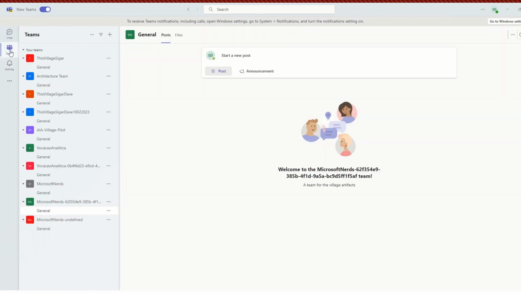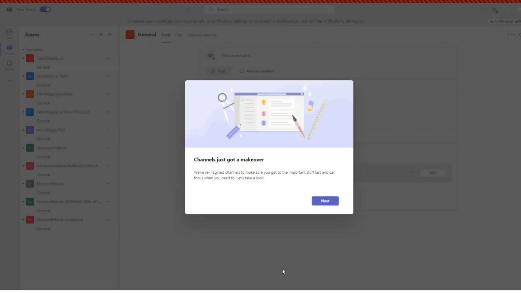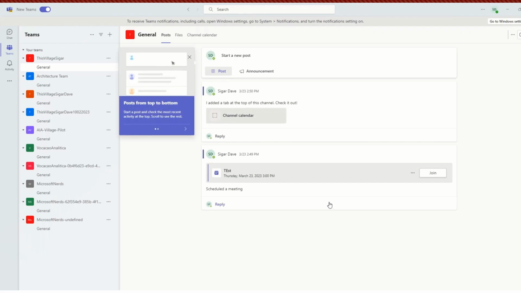The other things is just like that. If I go and check in teams, it will have this much of my teams. If I go and click on general, this is my post, and this is a new pop-up. When I click on the general channel, I get this one for the new user experience. So it says like channels just got a new makeover. We have reimagined channels to make sure you get to important stuff fast and can focus. So it gives us some first run experience for that, like post from top to bottom. This is first thing